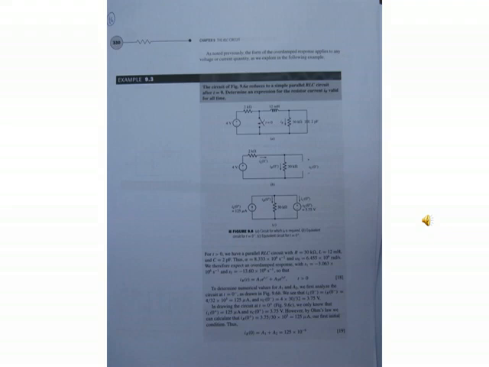dVC by dt: 2 multiply 10 power minus 12 multiply 30 multiply 10 power 3 and in the brackets are A1 S1 e power S1t plus A2 S2 e power S2t. Then, by Kirchhoff current law, IC(0+) plus IL(0+) minus IR(0+) equal to 0. Therefore, minus 2 multiply 10 power minus 12 multiply 30 multiply 10 power 3 multiply